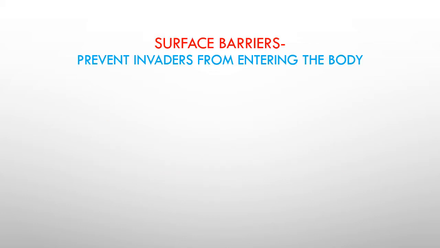So when it comes to surface barriers, these surface barriers are just as the name implies. And so are the things that are on the body surface. When it comes to the body surface, remember that we have our skin, which is what we typically think of, but we also have things like the body cavities. And so body cavities themselves, as well as the tubes that run through us. So things like our reproductive tract, things like our digestive tract, our respiratory tract, things like that all have linings,